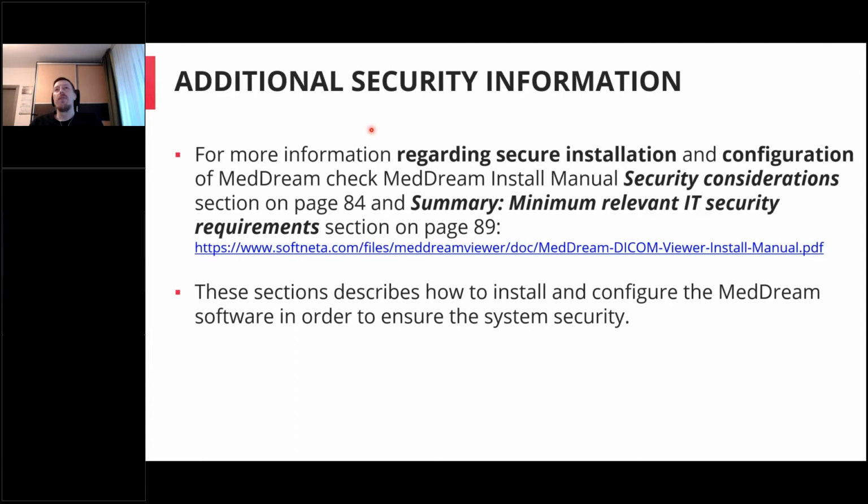Also, we have quite a lot of information in our installation manual regarding the secure installation of MedDream. So, the security considerations are on page 84, and the relevant IT security requirements on page 89, sorry. I'd really recommend going through these